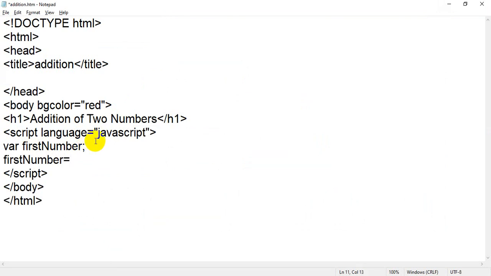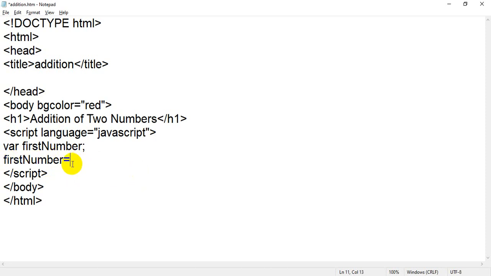In this line I have declared a variable whose name is firstNumber. Now I am going to store some value inside that variable, because variables are declared to store some value. I will store a value from the user.